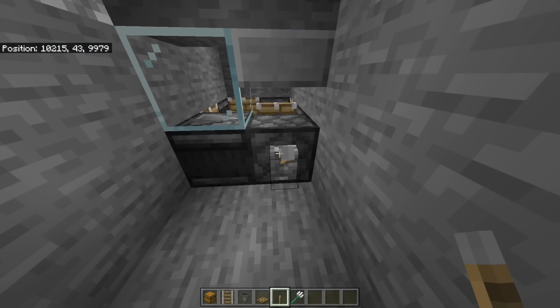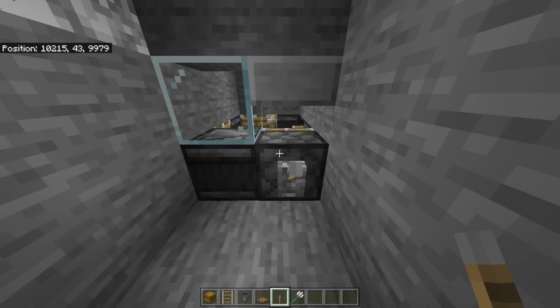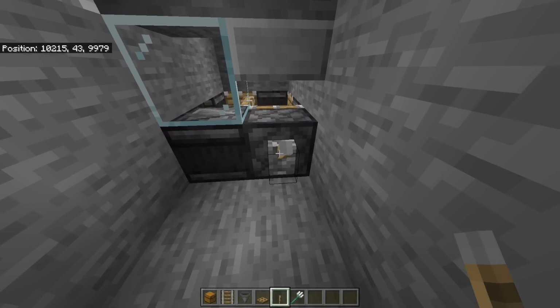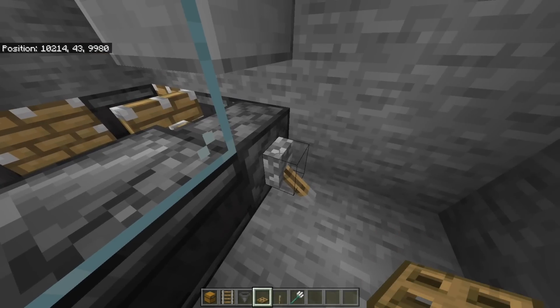As you can see now, this whole thing should spin endlessly, and this is our Trident Killer. You won't have to replace the trident, it will never break and has infinite durability in this thing. So now turn this off again and then go to this block right here, right next to the lever, and